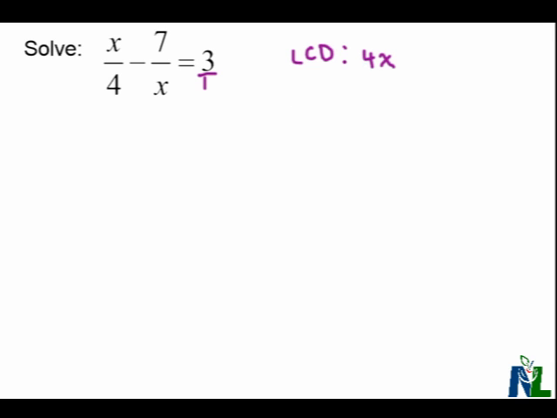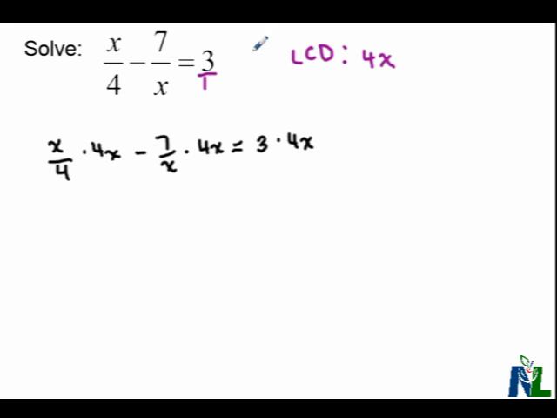So what I'd like to do then is take each of these, the x over 4, and I'm going to multiply that by 4x. I'm going to take the 7 over x, and once again multiply that by 4x. And I'm going to take the 3, and I'm going to multiply that by 4x. Because it's an equation, I can multiply all three original terms by the same value without changing the equality of